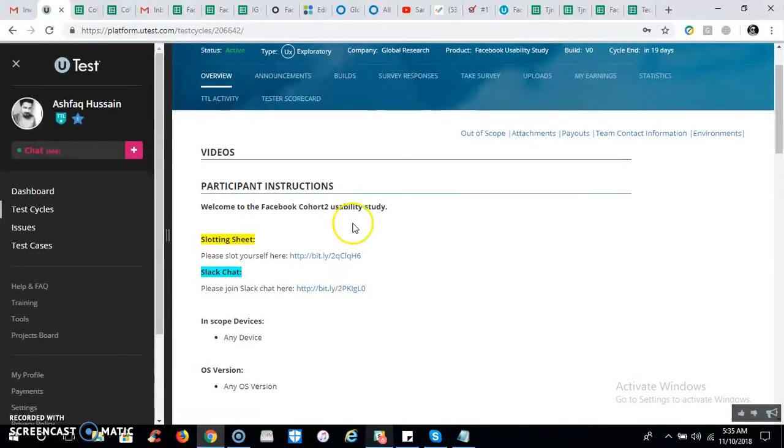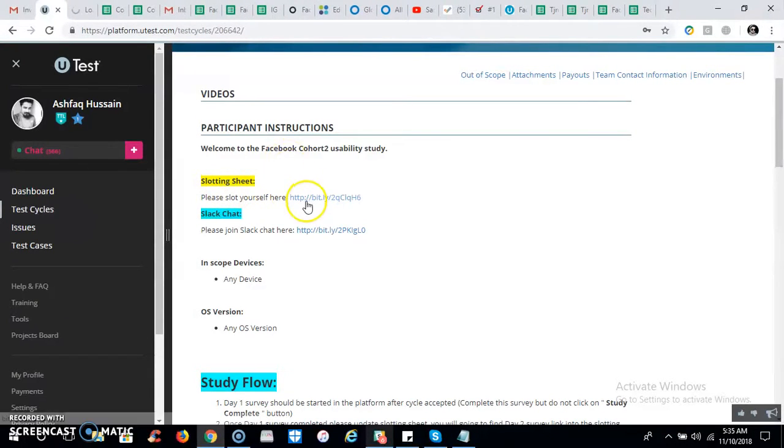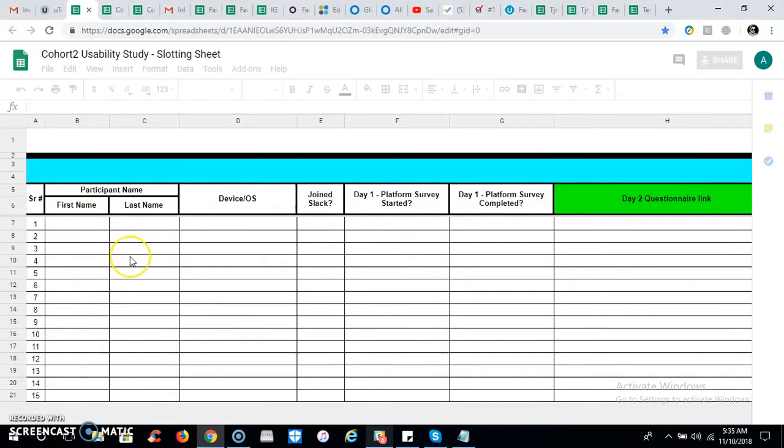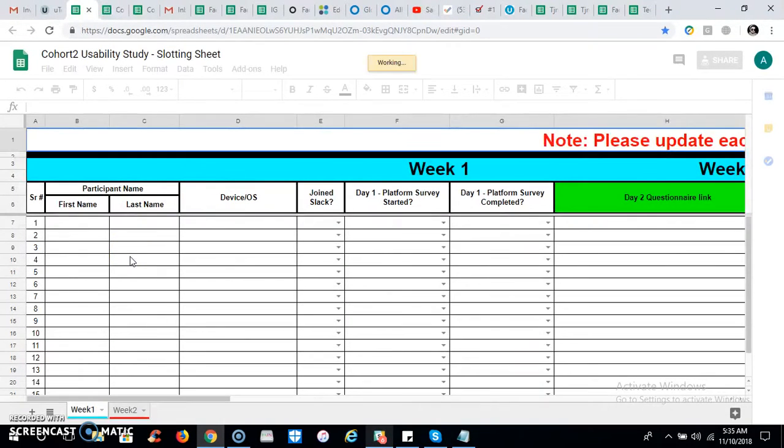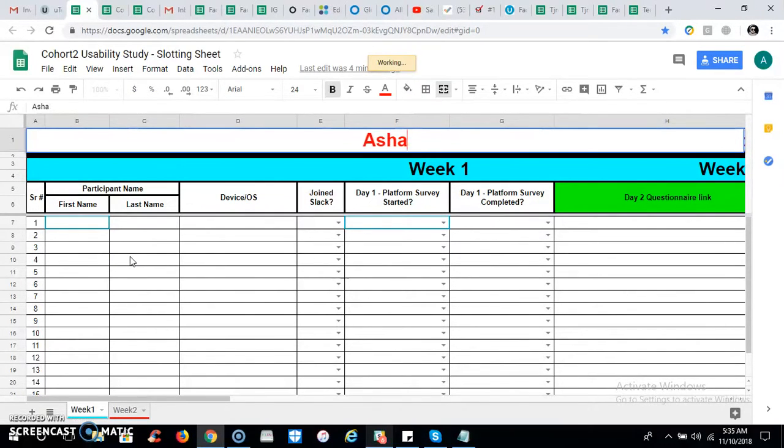You need to read the overview very carefully, especially the participant instruction section. Under this section, you need to open the slotting sheet. Here's the link. The first thing you need to do is enter your correct information: first name,